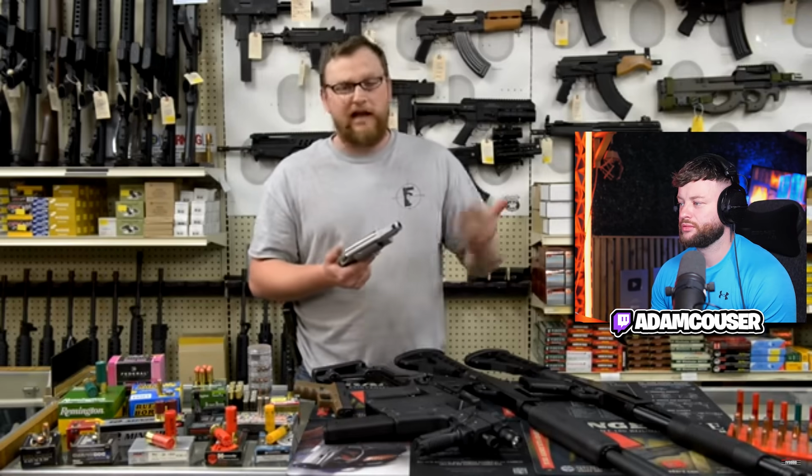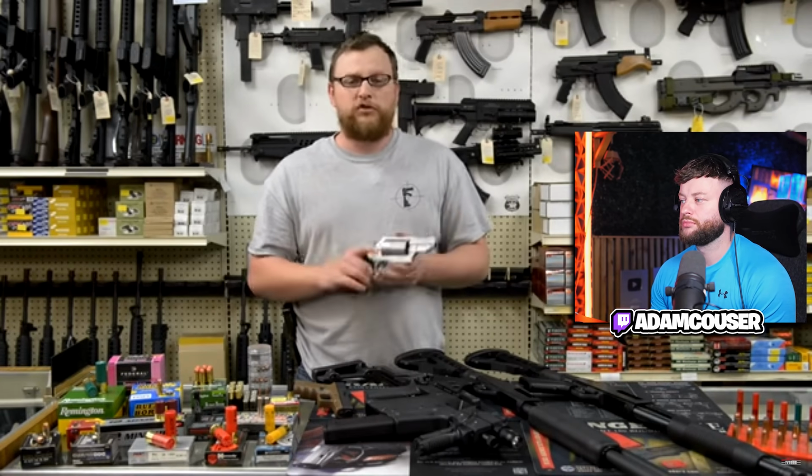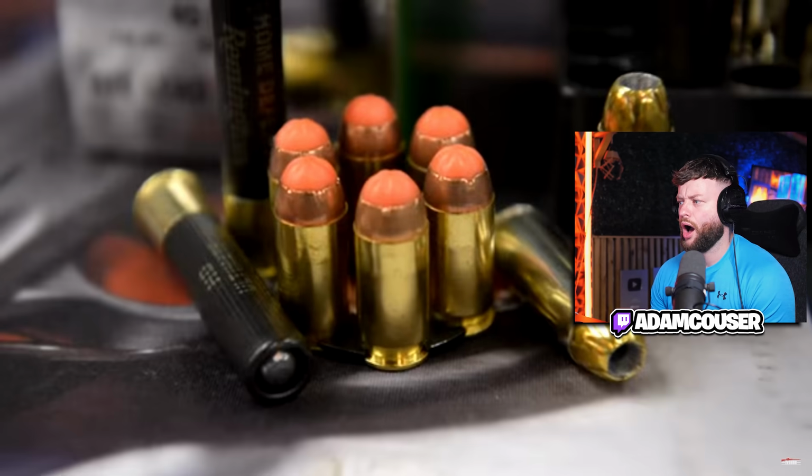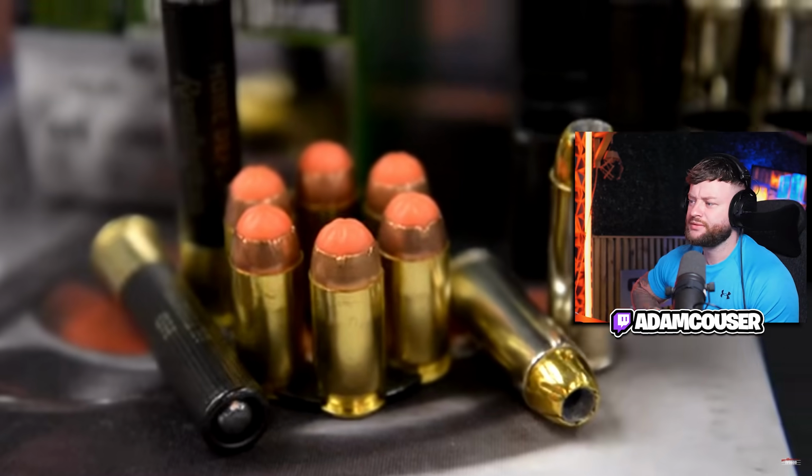The nice thing about it is that on the outside it just looks like a standard revolver, but you can shoot 2.5-inch .410 shot shells out of it, or .45 Colt ammunition, and you can also fire the .45...